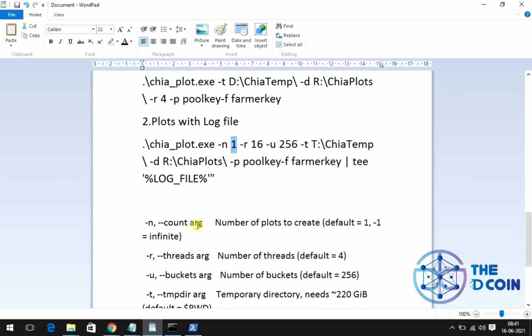If you provide one, it will stop after one plot. If you put 14 plots, it will continue until 14 plots. There is also the -1 option. If you put -1, meaning infinity, it will keep running until your hard disk gets full. So it depends on your hard disk capacity. You can configure that.